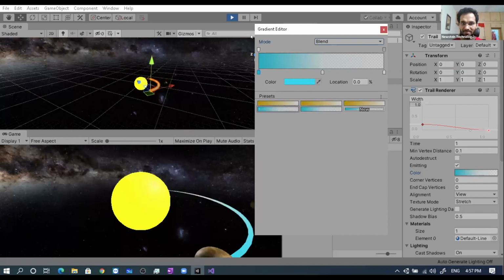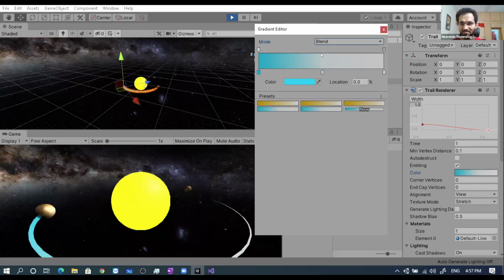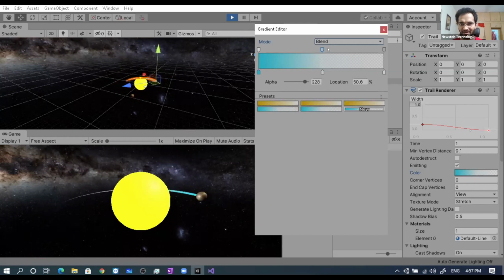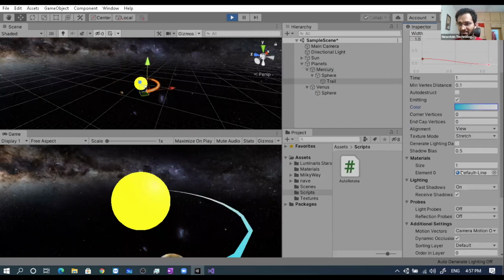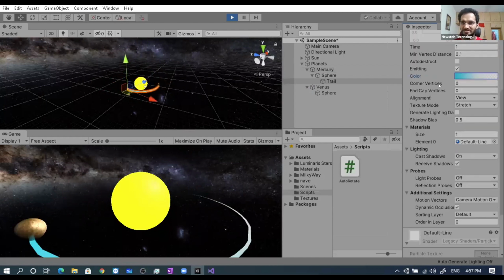Based on these things, whatever you see here on the top, you can play. You can add these things multiple times if you click here. So lots of things are there. If you want to, you can play. I'm not going to play now. So this part is on you. Lots of options are there. Just in the play mode, see what happens.